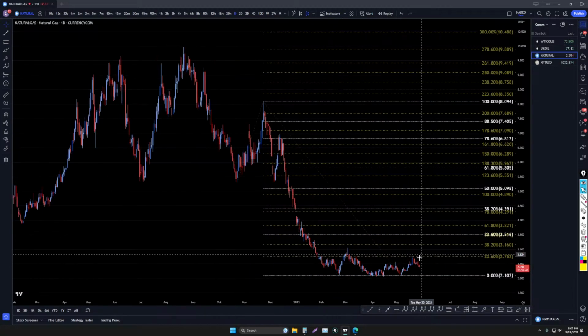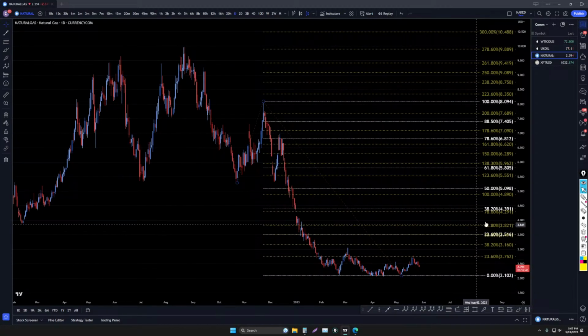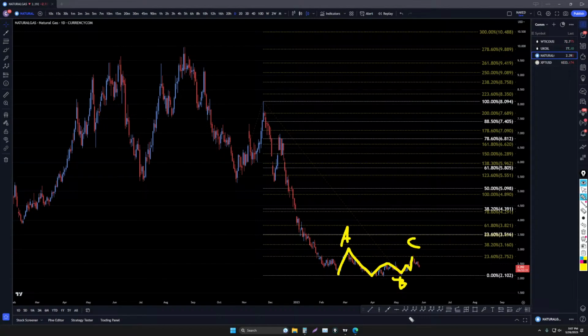Yeah, look at it on the daily. It looks like it just wants to go down again. Could this possibly be an A right here? I was wondering that too. Could that possibly be the A, and this is possibly like an A, B, C, or B? I can see a few different possibilities on this, and then that's a C.